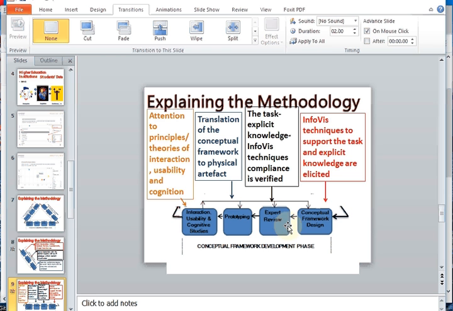So this will be done by the expert in the field. After this is validated by the experts that your conceptual framework design is valid, then the next stage